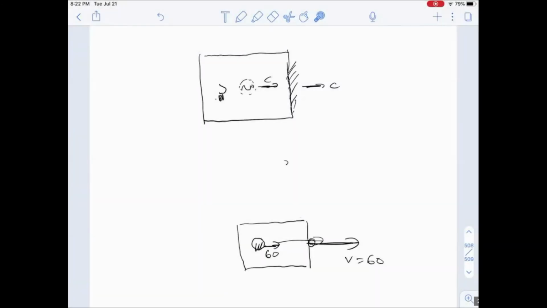And light does the same thing. Relative to you, it always travels at the light speed. You get it? So regardless of your motion, the light travels at the light speed. That's it. All right. So according to the second conclusion, light is going to be able to reach the mirror because the light always travels at the light speed relative to you, regardless of your motion.